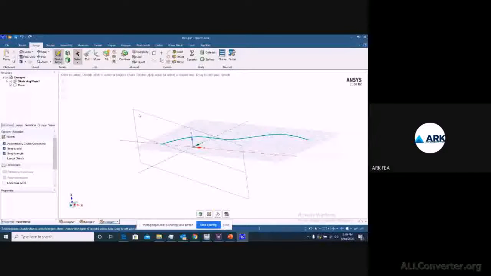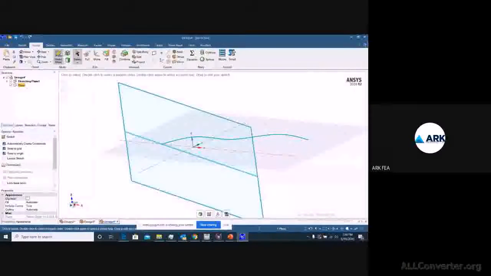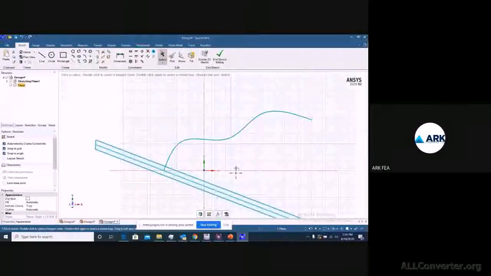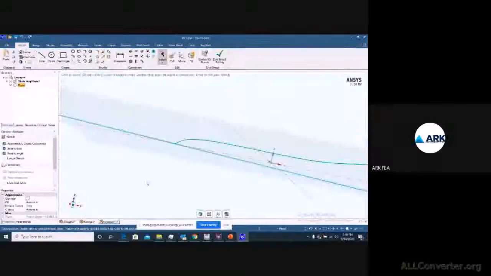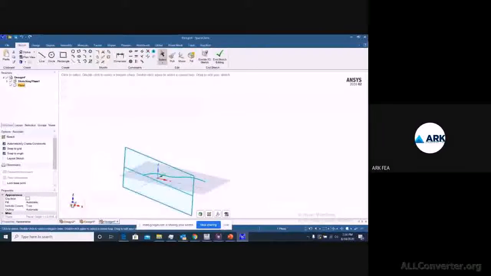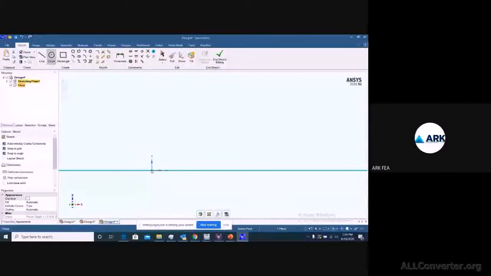Come out of selection and you can choose the plane, and get back to sketch, plan view. In this condition you are getting something like this. Instead you can set it from your global axis. You can see that this is your start point where you have started sketching.